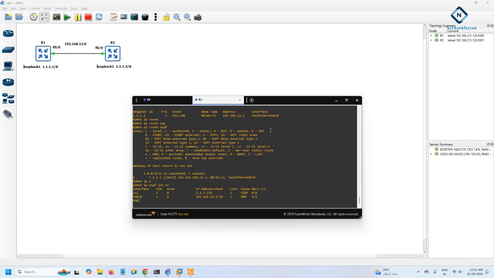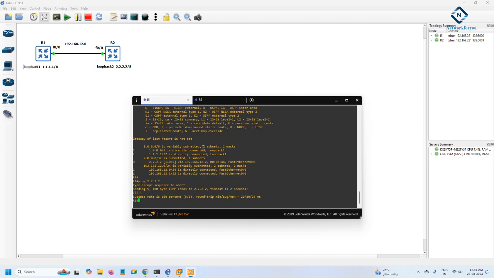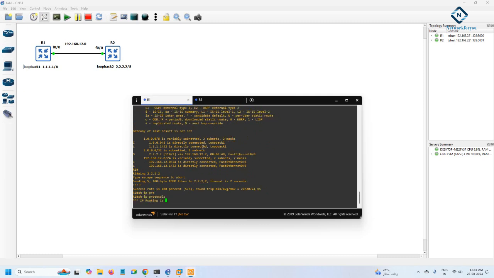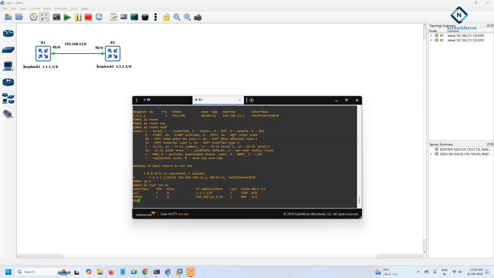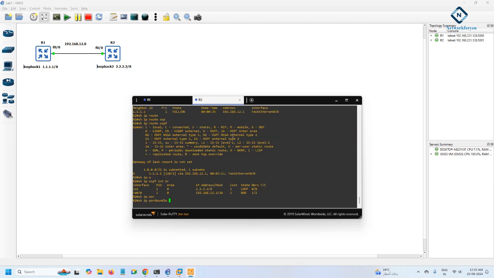Hello everyone, this is the same lab you saw in our previous class. Now imagine your manager told you to remove OSPF. If you write show ip protocol, you can see OSPF is configured. And if you go here also and write show ip protocol,